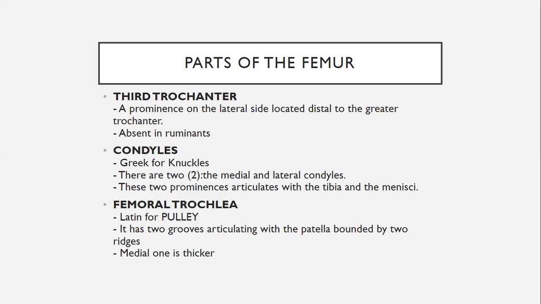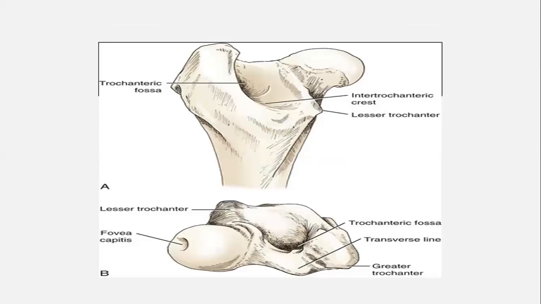Third trochanter. You also have a trochanteric fossa, by the way. Now, the trochanteric fossa has a significance. When we do biopsy, especially for suspecting, for example, in humans, if a person is suspected for leukemia and a bone marrow biopsy is needed, this is where they will get samples from the bone marrow via the trochanteric fossa, because the trochanteric fossa is exposed